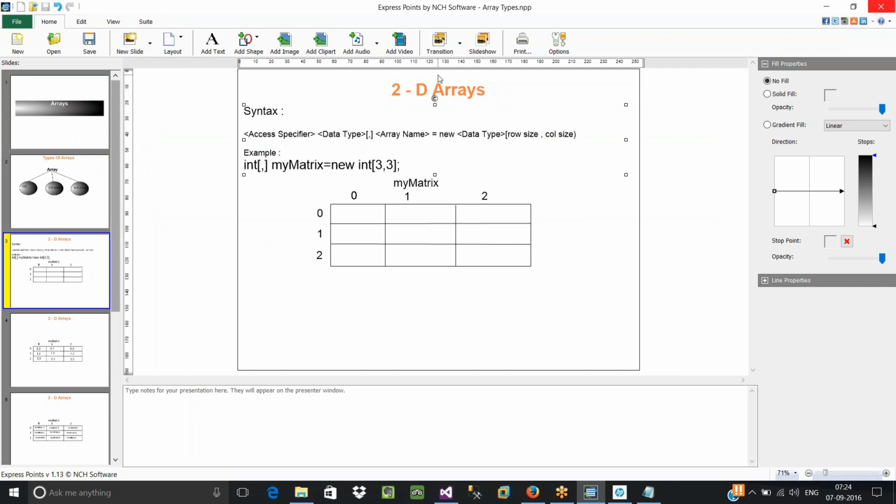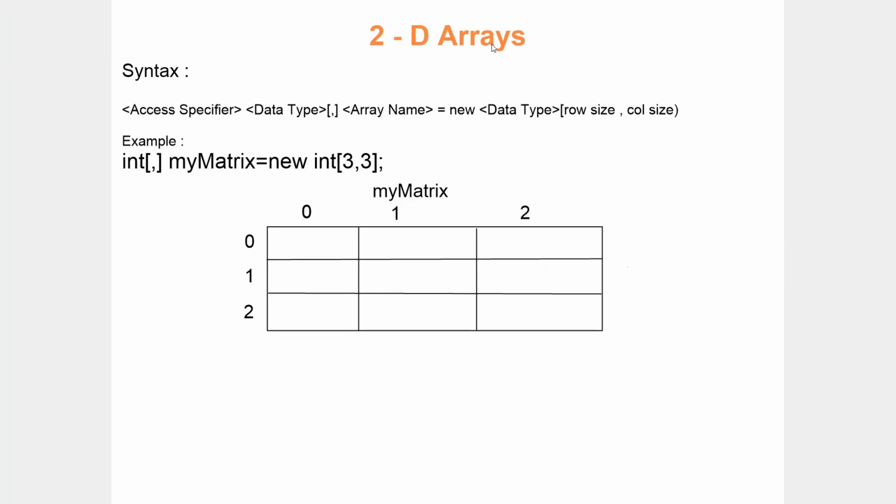Okay. Now let's go back to our example. Here I would like to store 9 elements. That is the reason I have specified my dimension size as 3, 3. Number of rows is equal to 3, number of columns is equal to 3. So 3 into 3, so totally 9 different elements can be accommodated into my collection. Immediately it creates 3 rows and 3 columns. So totally 9 different elements can be accommodated into your array.